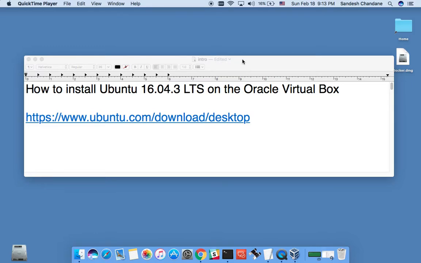Hello there. Today we'll install Ubuntu on Oracle VirtualBox. So let's first download the latest Ubuntu version. As of today, Ubuntu 17 is the latest version, but let's take the stable version, 16.04.3. So just hit this URL